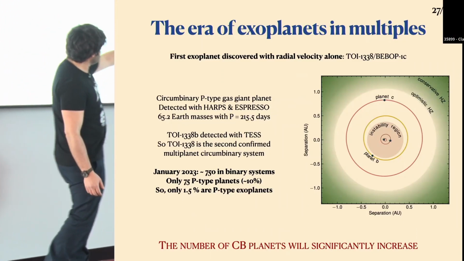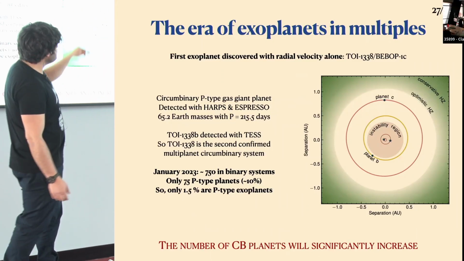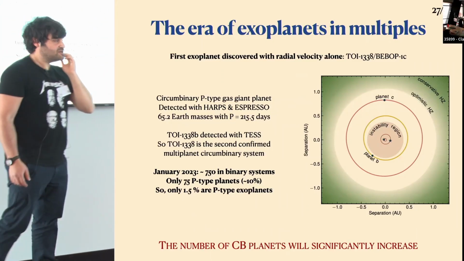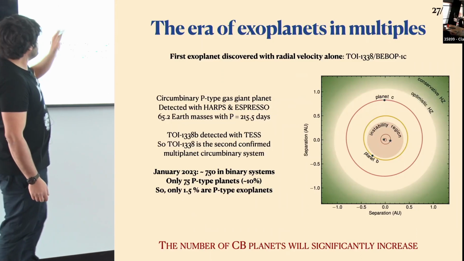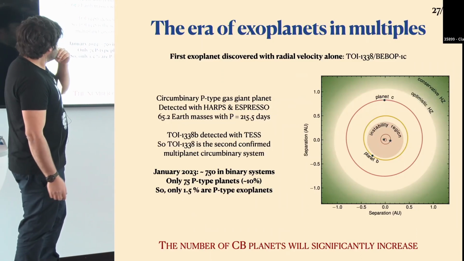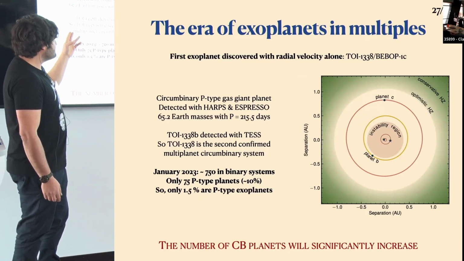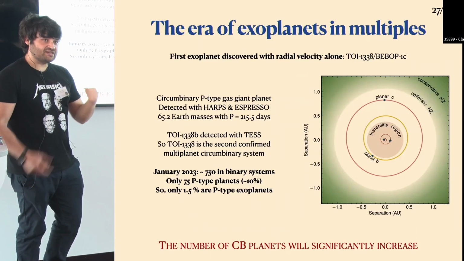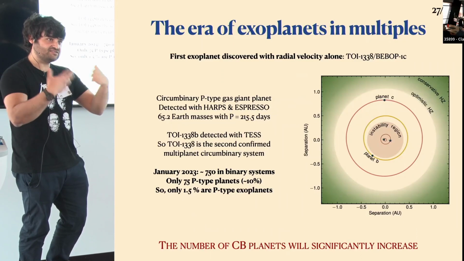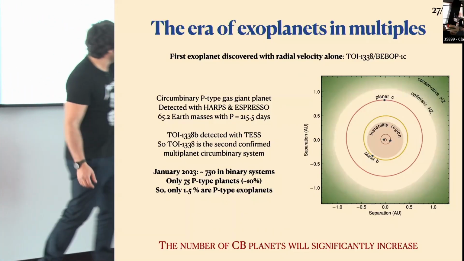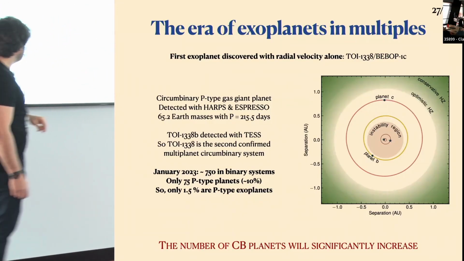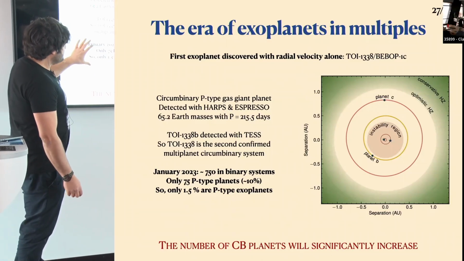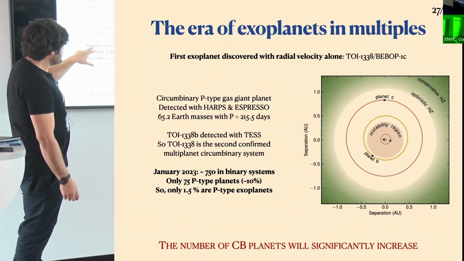And basically what they detected is this planet C in this system, thanks to this survey called BBOP. And well, you have here the parameters they derived. But this is exciting also because this is the second multiplanetary circumbinary system discovered. So we're starting to see several planets around the same star. So here you have the binary and you have 2 planets. And here's where there is a problem at the moment.